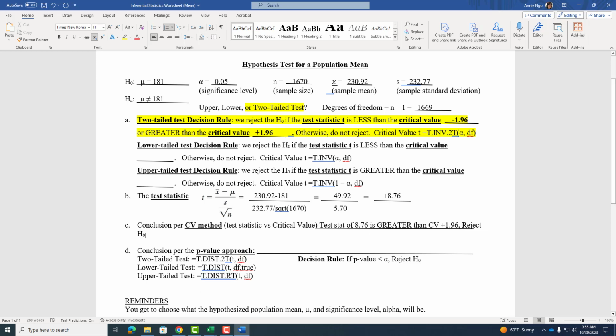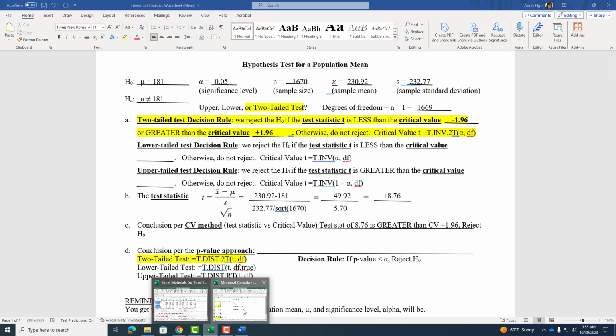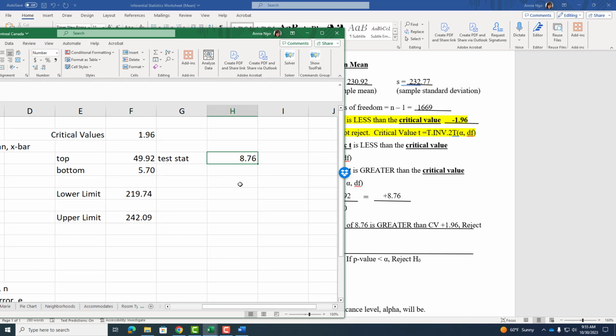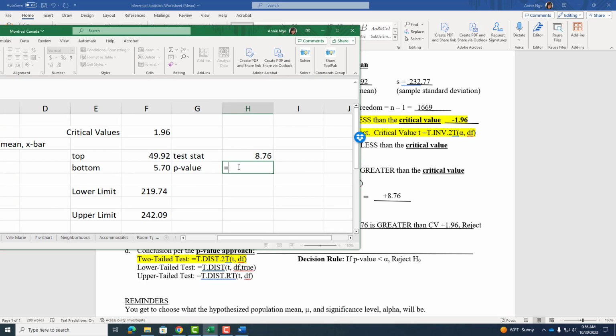Then if I do the conclusion per the p-value approach, again, I've got my formulas here depending on what kind of tail test I'm doing. Recall I was doing a two-tail test because I've got the equals, not equals. There's two chances of getting rejected, the left and the right side. So I'm going to go ahead and use this formula here. So let's find the p-value. I'm going to do equals